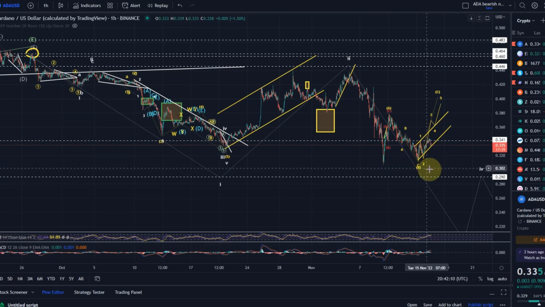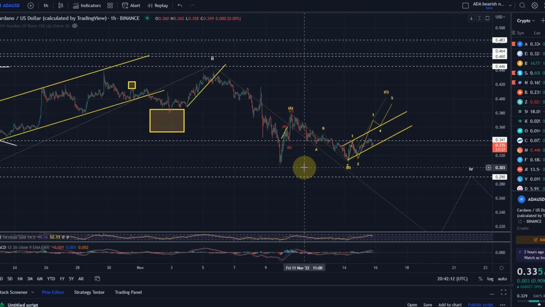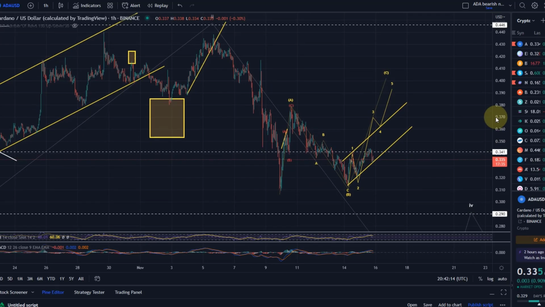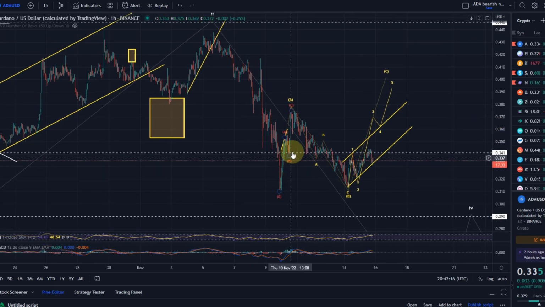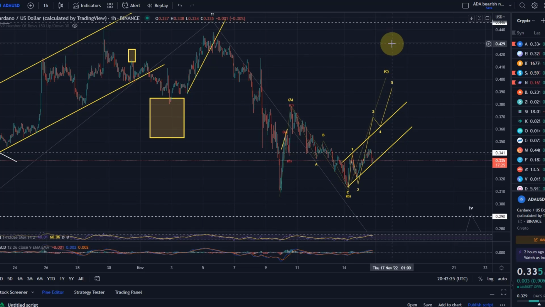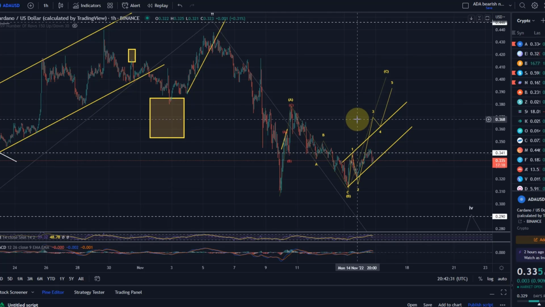But even then, because we have made a new low here, no, we haven't made a new low. But then I would have to count this as some kind of a 1-2 setup, with the wave 1 though being a 3-wave move, which means this move down here would then have to be a wave 3, also as a 3-wave move, because then I would count all of this as a leading diagonal. But to keep it simple, I gave you the key levels that are really of relevance here.